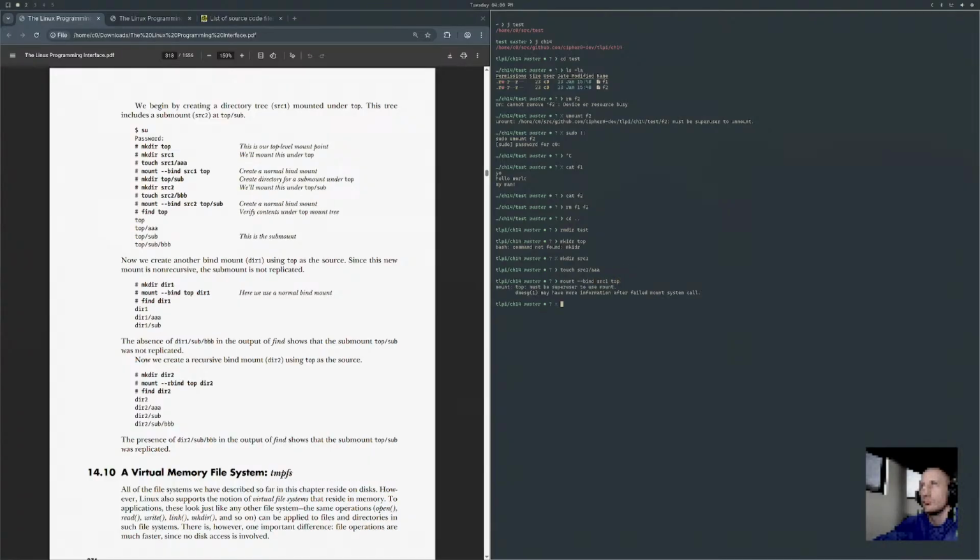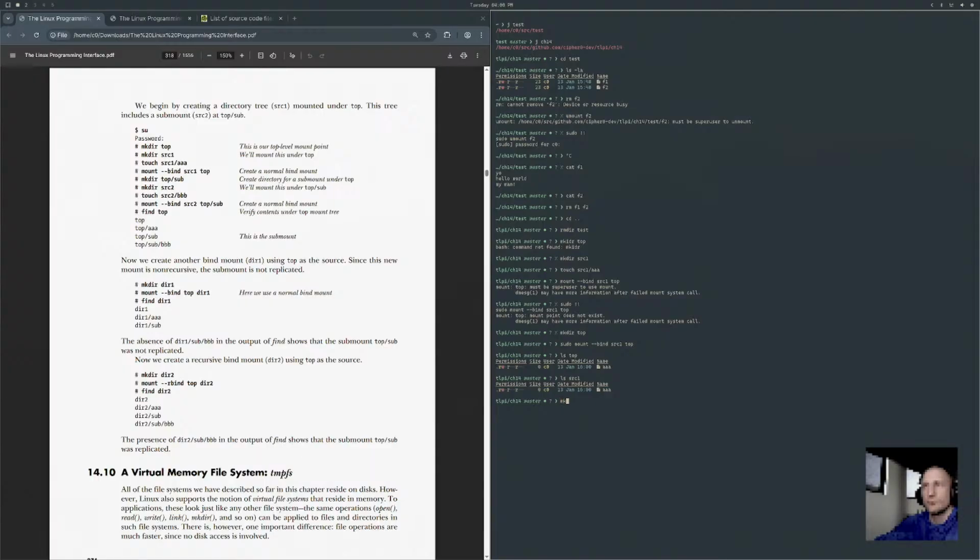So now top, I just made, oh, mkdir top, sorry. And now if I ls top or if I ls source1, they're both the same.